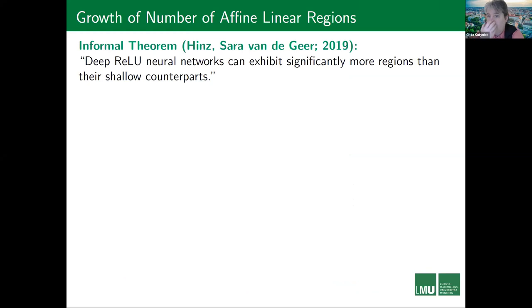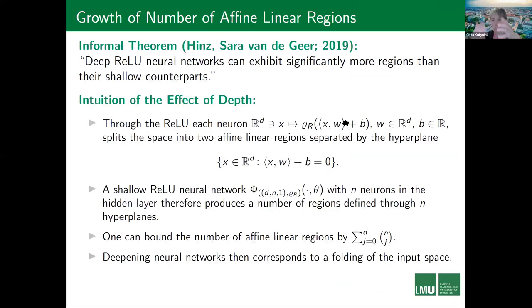And again, there are also various results in this respect, for instance from Sarah van der Geer, where basically the message is that deep ReLU neural networks can exhibit significantly more regions than their shallow counterparts. In fact, exponentially many. These results are all done by counting arguments, where you look at neural networks, and you see here, if you have this very tiny neural network, which is just